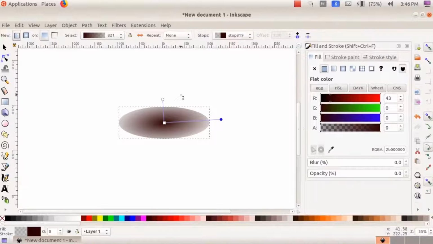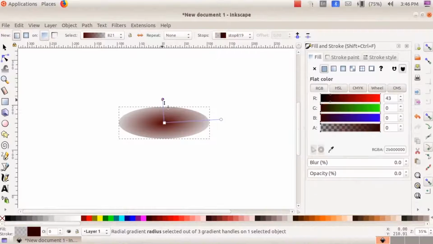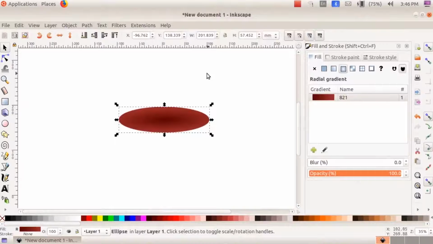If you want to change the color, just click on the center, then select the color, then click the next node and give the color. Okay,